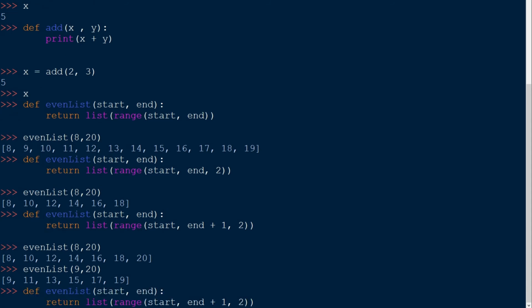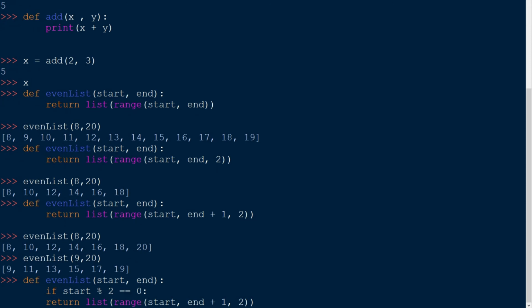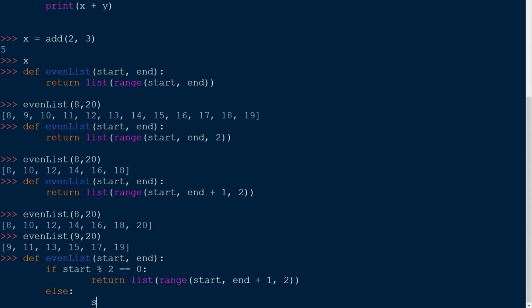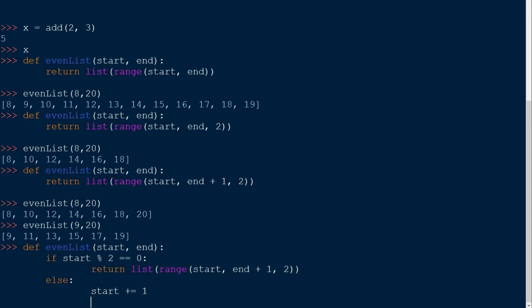We can go over here and type an if condition: if start mod 2 equals 0, then do what we're doing, and if it is not, else, add 1 to the start, start plus equals 1, and do this same thing again.